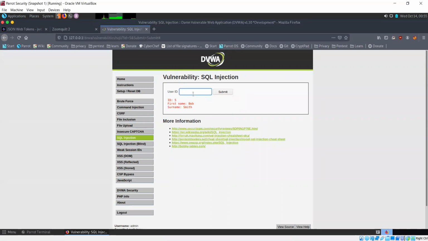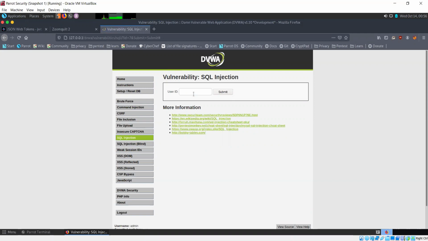And if I enter, let's say 7, for 7 we get nothing. That means there are less than 7 people. 6 also nothing. So that means there are just 5 entries. Okay, that's not important here. We just know now that there are 5 entries.